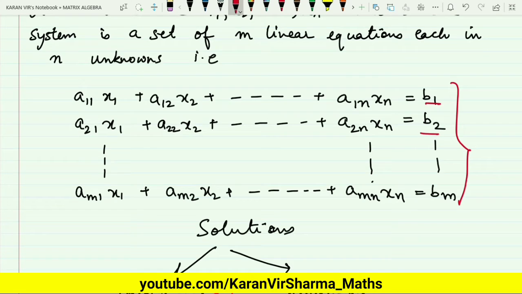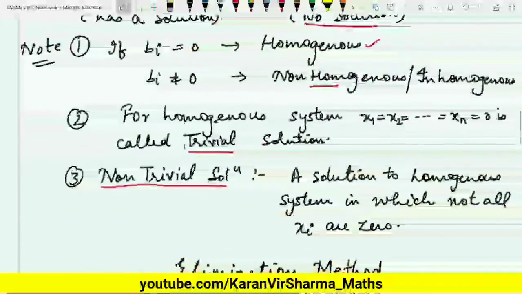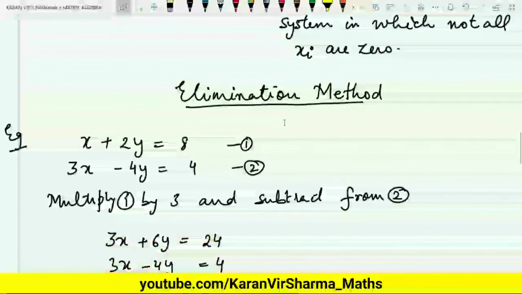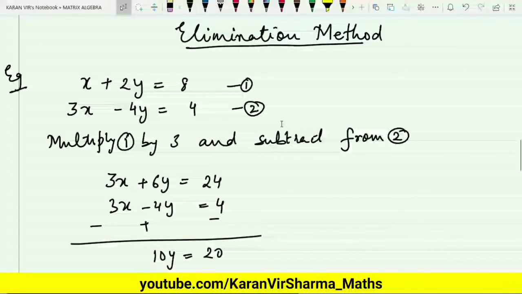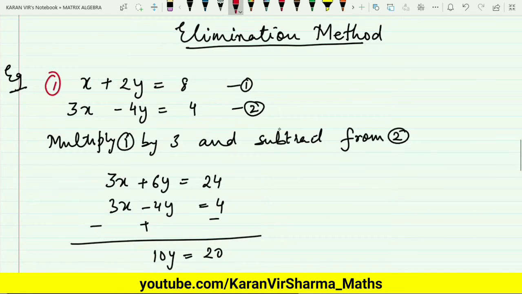The first method which I have discussed in this video lecture is the elimination method. Let us understand this elimination method through an example. The first example which I have considered here is x plus 2y equals 8, 3x minus 4y equals 4. So if I multiply the first equation by 3 and then subtract it from the second,